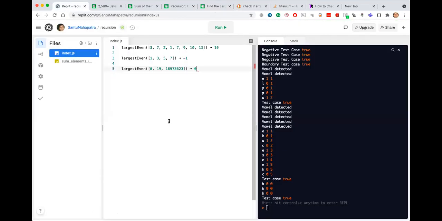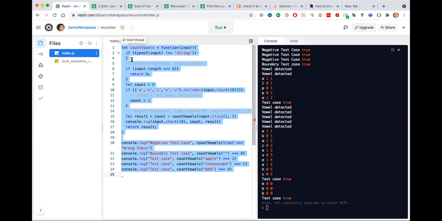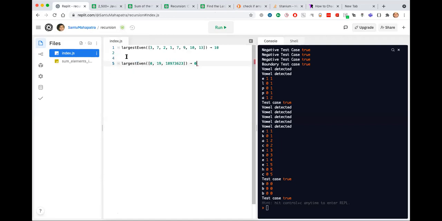So guys, most of the problems you can get similar results using either recursion or for loop, both of them will give you similar results. Let me create the test cases here for the recursion thing.